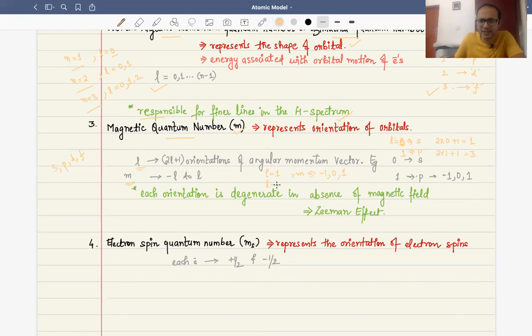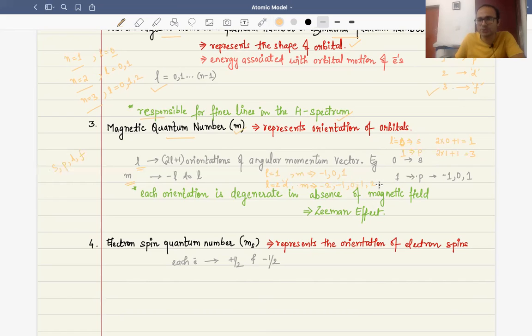Similarly, when L is equal to 2, which represents the d orbital, m can have values starting from -2, the next whole number is -1, then followed by 0, then 1